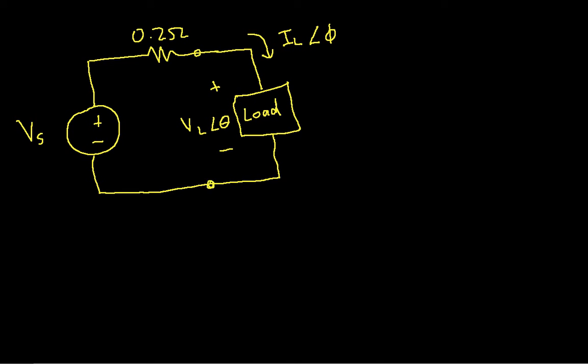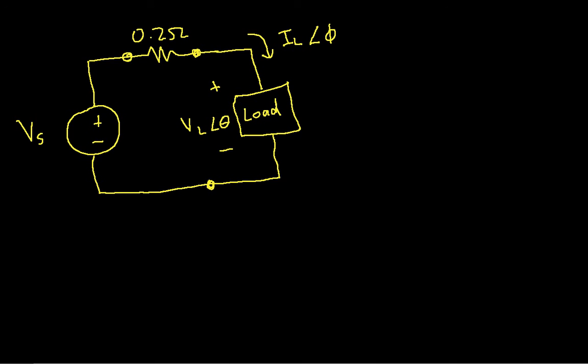If I think of everything to the left of these two terminals that I've just drawn as a utility company that's supplying power to my load, and then I think of my load as drawing power from the utility company, we can get an understanding of why utility companies like loads with power factors that are close to 1. This 0.2 ohm resistor models the resistance that you would see in the